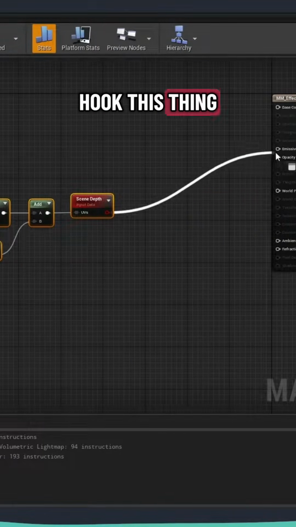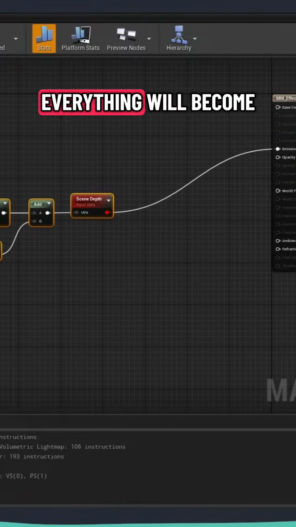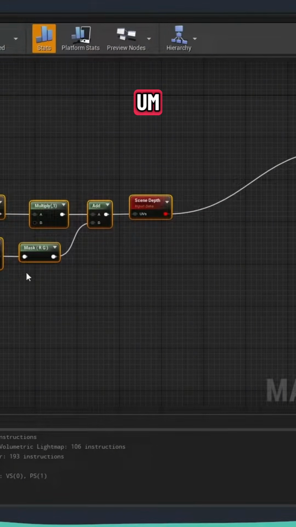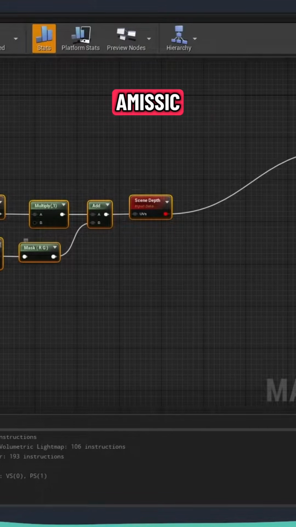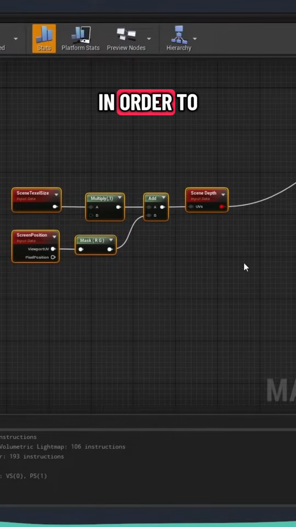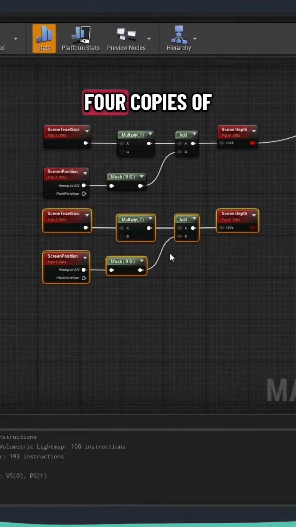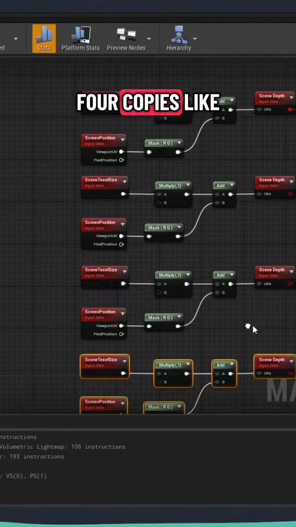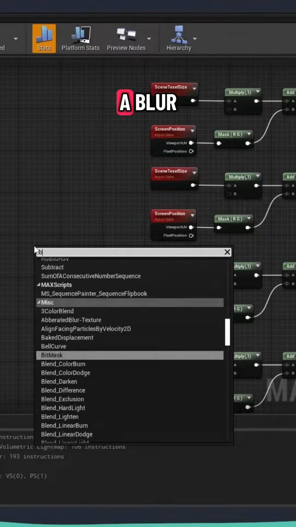If we hook this into our emissive color, you will see that everything will become super bright, because at the moment our values are all the way up, so everything is completely emissive. So we're gonna need to start adding a little bit of values. In order to add more depth, as I mentioned, to the scene, we're gonna make 4 copies of this. Just 4 copies like that. And as I mentioned earlier, we're gonna use a blur